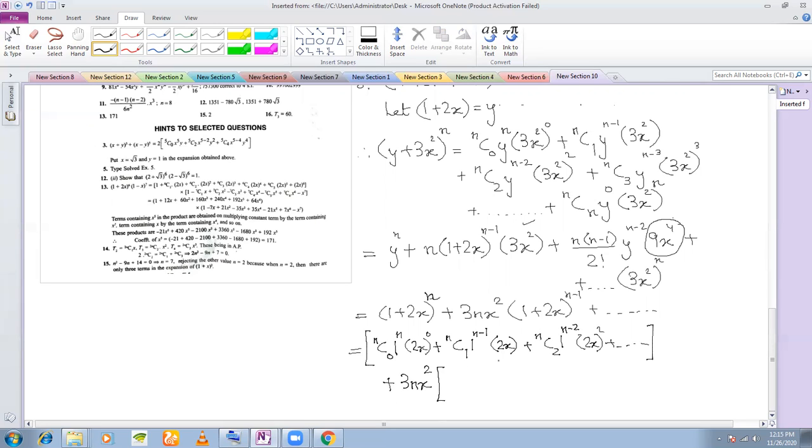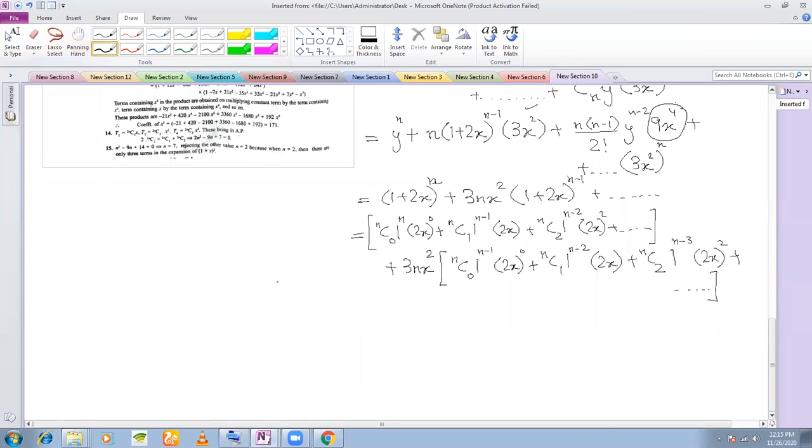Here again, if I expand 1 plus 2x to the power of n minus 1 binomially, what will I get? First term will be nc0, 1 to the power of n minus 1 into 2x to the power of 0, plus nc1, 1 to the power of n minus 1 minus 1 means n minus 2 into 2x to the power of 1, plus nc2, 1 to the power of n minus 2 minus 1, that means n minus 3 into 2x whole square. And the next term I will not write because this is again higher powers of x. Okay,